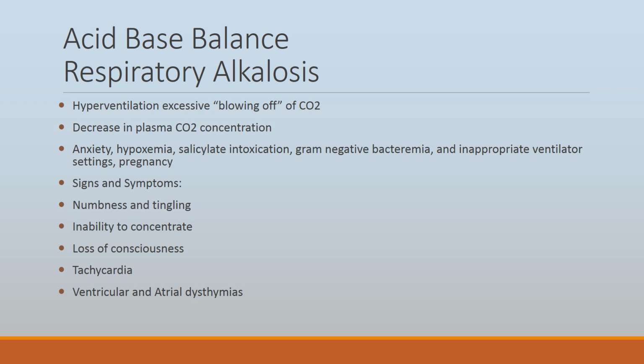Another thing we can also see with respiratory alkalosis is if our ventilatory settings aren't changed. This is why we do ABGs routinely: a lot of times if the rates are off and the gases aren't in sync with the vent settings, we may need to change them. Okay, so what do we see with some indications of respiratory alkalosis?